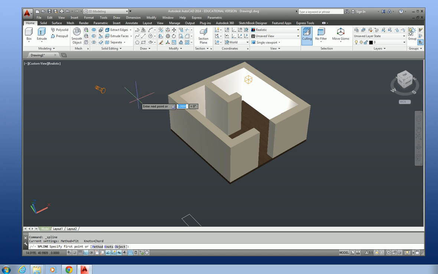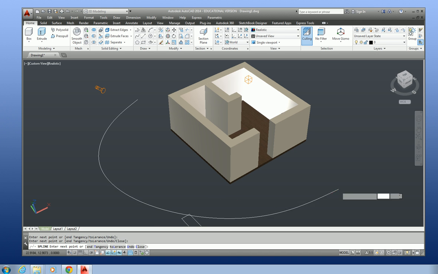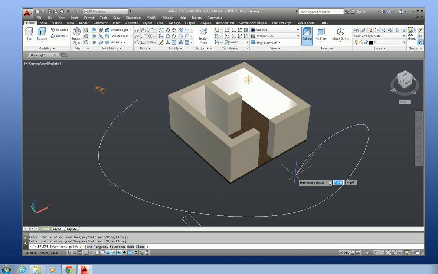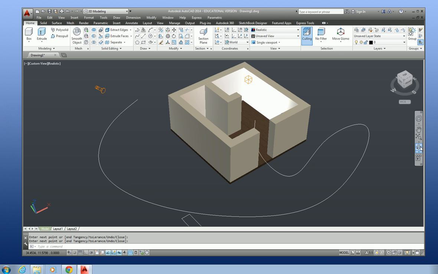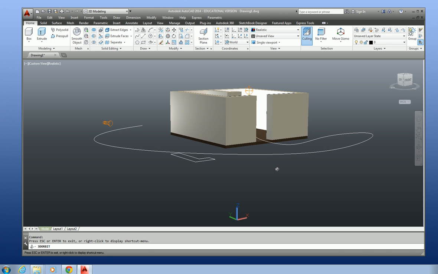It's crazy. Ooh, let's turn that ortho off. I've picked up my spline at this point. And we're going to go right in here, and right click, enter. Okay. Now what the heck am I doing with a spline? Okay. Now with a spline,